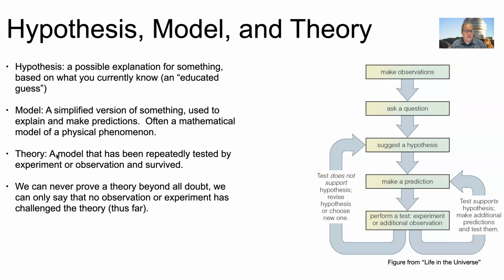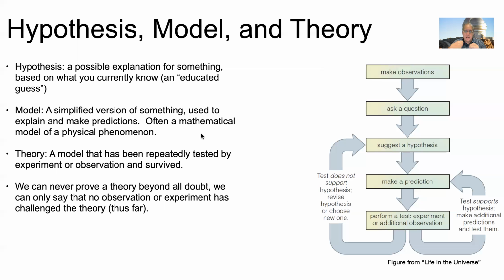And finally, theory. Theory is the one that has the biggest difference to how we use it in colloquial speech. So a scientific theory is a model that has been repeatedly tested and has constantly survived these tests. You can come up with any hypothesis you want. You can build that into any sort of model you want. But then you have to test it against observations. You need to come up with observational tests that would show if that model is correct or not.